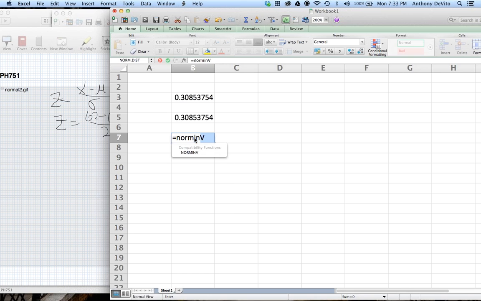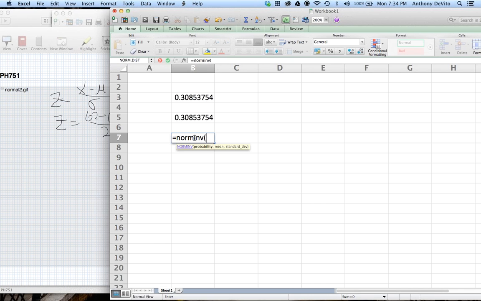But your value is going to be a range, right? No, it's going to be a value, and that value is the one for which there's a 30% chance of having someone below it. Okay, you can have a value that's a range also, because then you have to do two calculations. Okay, so what's it going to be? It's going to be the probability, then the mean, and then the standard deviation.